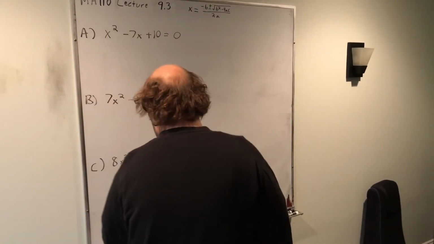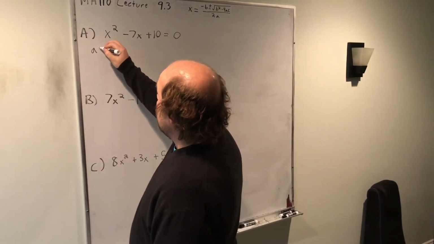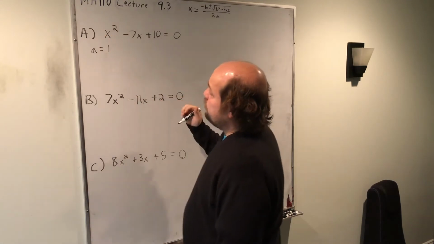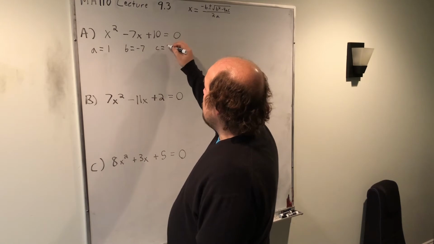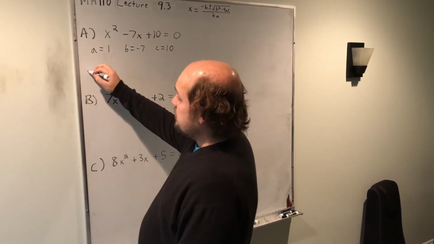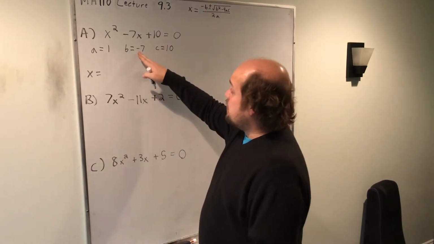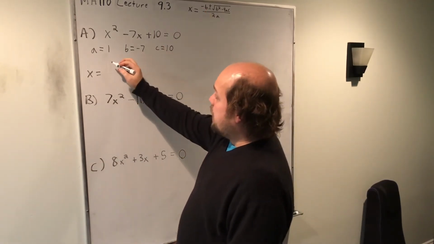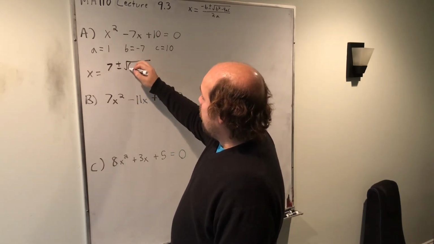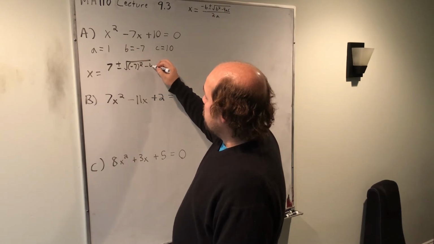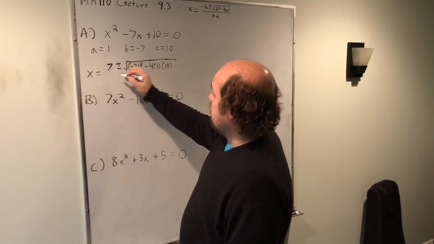When I go to do this first problem, it's already been set equal to 0, so I can pull out a, b, and c. A equals 1, an understood 1 in front of the x squared. B equals negative 7, and c equals 10. When I put this into the formula, x equals the opposite of b. Since b is currently negative, the opposite of a negative is a positive. So 7 plus or minus the square root of b squared minus 4 times a times c, all over